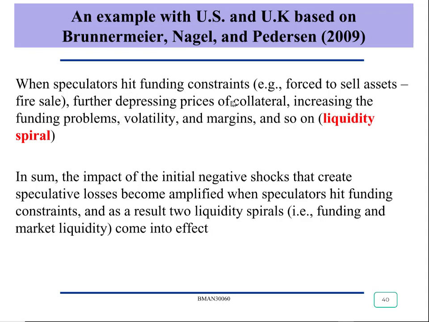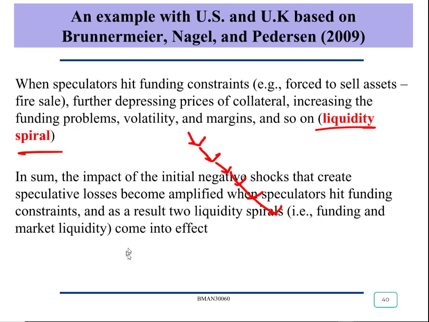That means the value of collateral will be lower than before the fire sale. This is the so-called liquidity spiral. Liquidity worsens. They are forced to sell assets that lower the value of collateral. That means another margin call. They are forced to sell. Another margin call. They are forced to sell. Liquidity keeps getting lower and lower. That happens both to funding liquidity and market liquidity. So it's not easy to borrow and it's not easy to sell. So in summary, when VIX is high, liquidity spiral.